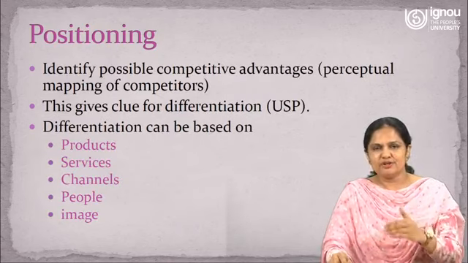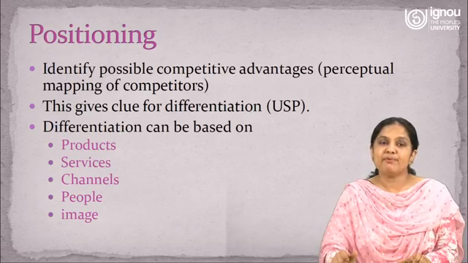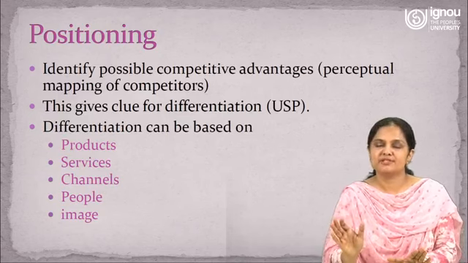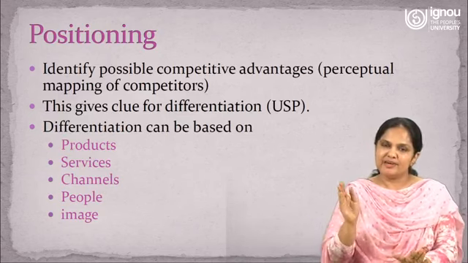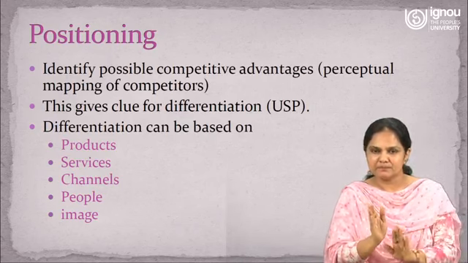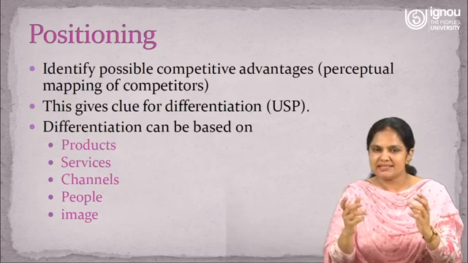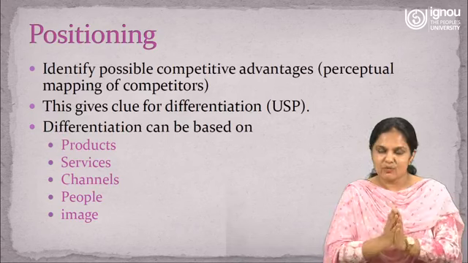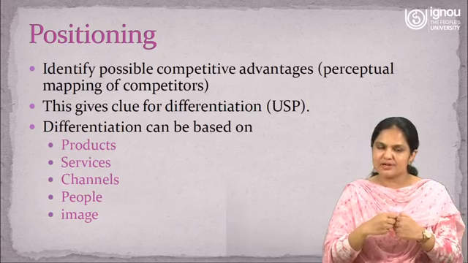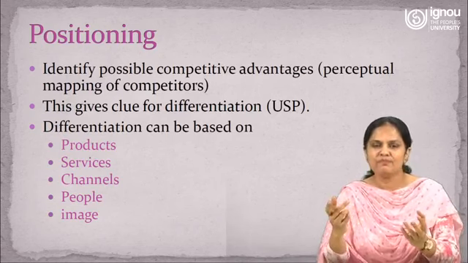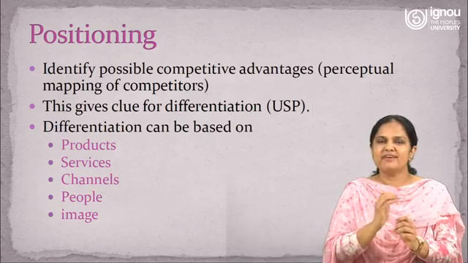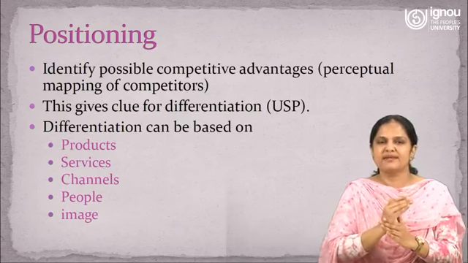Again, if we see what we do in positioning, we try to identify possible competitive advantages. For that you need to make a perceptual map, which is called perceptual mapping of competitors. When you enter into the market, you try to see who all the competitors are, and then you try to map them. Map them in the sense of what products or services they are offering, what the attributes or features of those products are, how the customers are taking those products, whether they are satisfied, and whether there is still scope where you can work. All these things you can do only when you can map the competitor's perception, right?